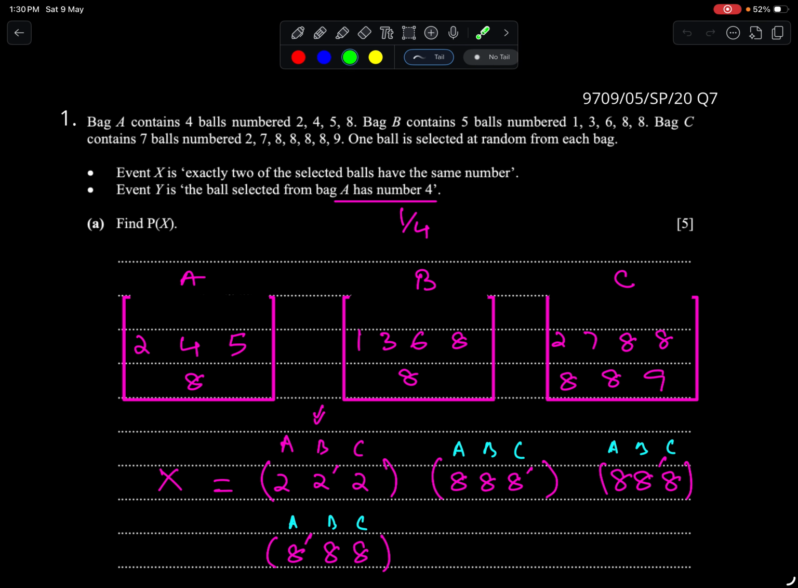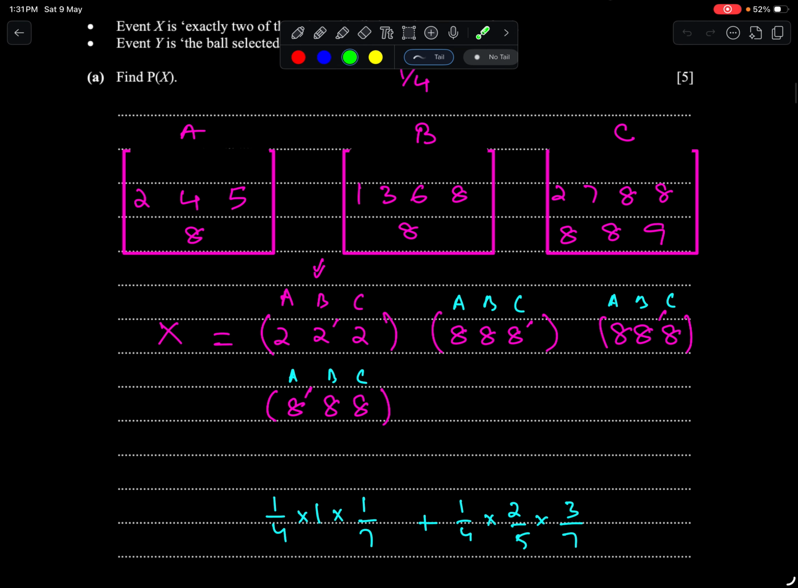Alright, bag A contains 4 balls numbered 2, 4, 5, 8. Bag B contains 5 balls with these numbers. Bag C contains 7 balls with these numbers. 1 ball is selected at random from each bag. Event X is exactly 2 of the selected balls have the same number. So check the same number balls. Common balls 8, 8, 8 and